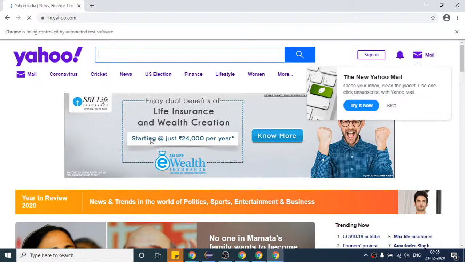Question: if we type here in search, presently the number of auto suggestions is limited. If in the future some more auto suggestions will be added in the search, how will we handle this? Yeah, I am coming to this point. I am saying that the code will not fail. Let me first execute this. So it will enter shirt. The website is taking some time to load. After that, it will enter shirts.